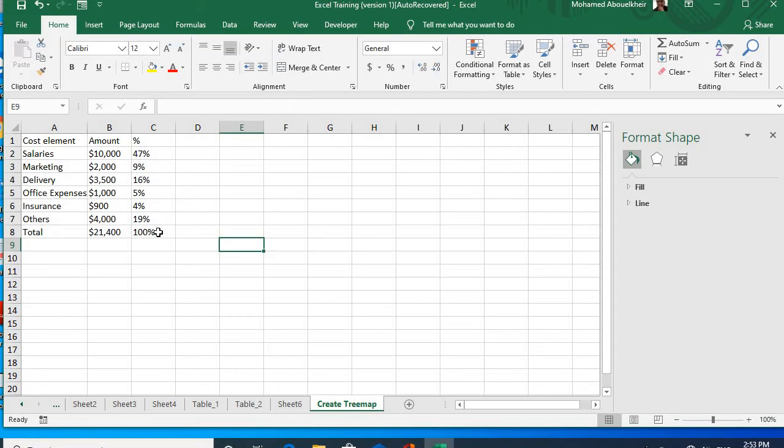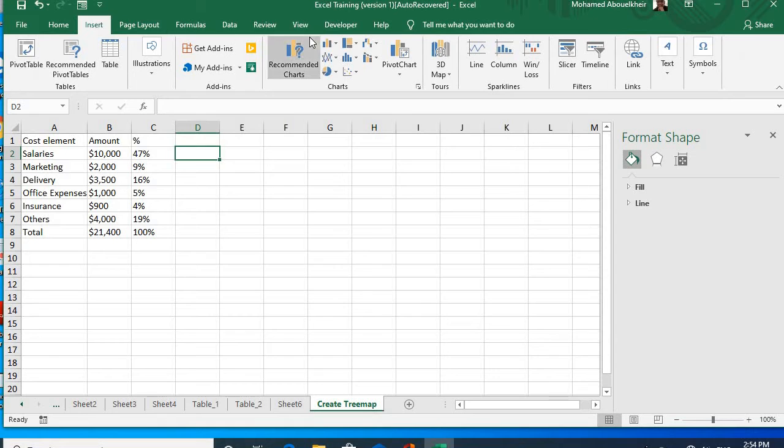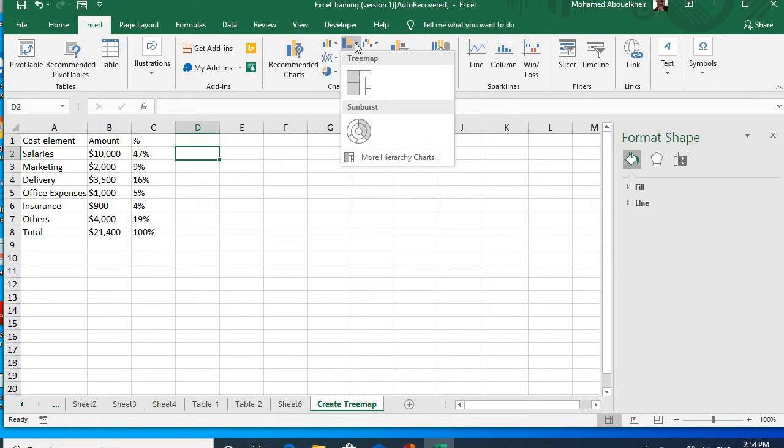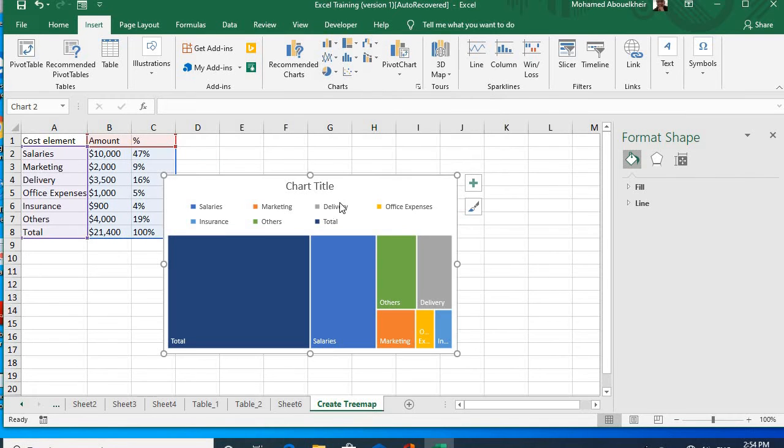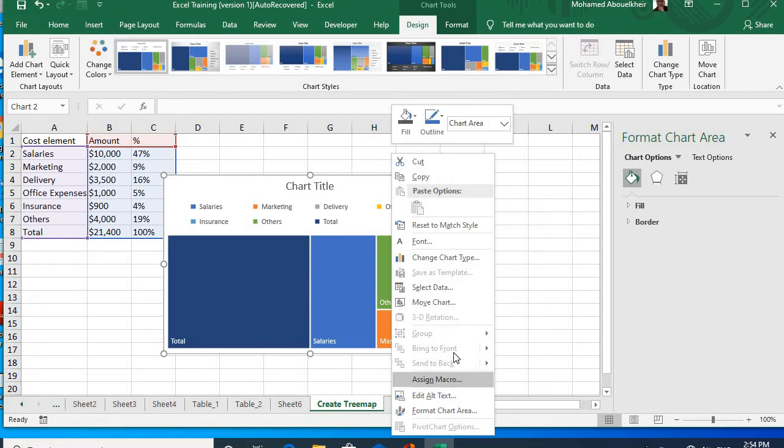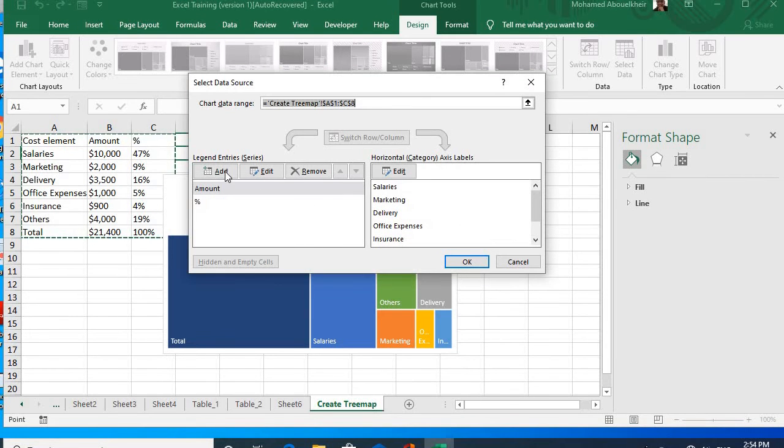Now what I need to do is create the tree map. As I said, you can use the percentage. I'd like to create it from scratch, so we learn together how to create a chart from scratch, instead of with help from Excel. So you see here I go under Insert and I use Treemap. Excel kind of gets it, but what I'd like to do is go to the data source and delete everything,